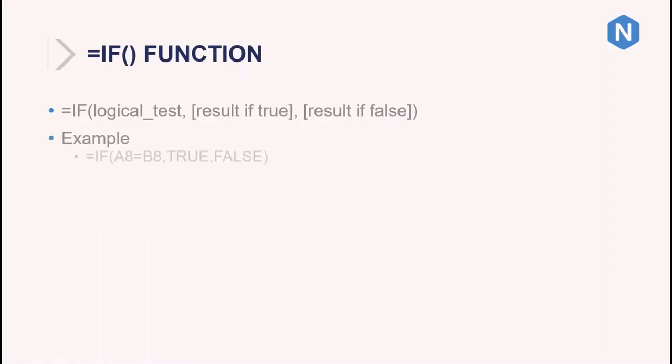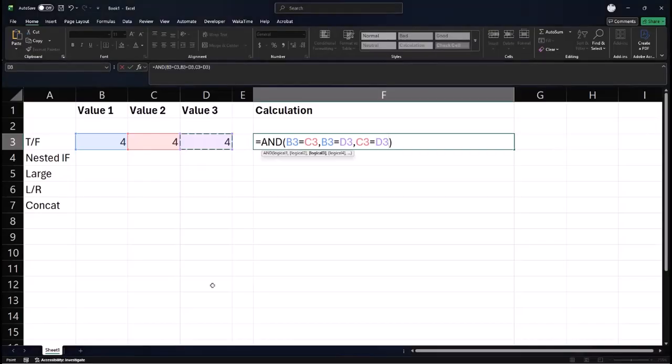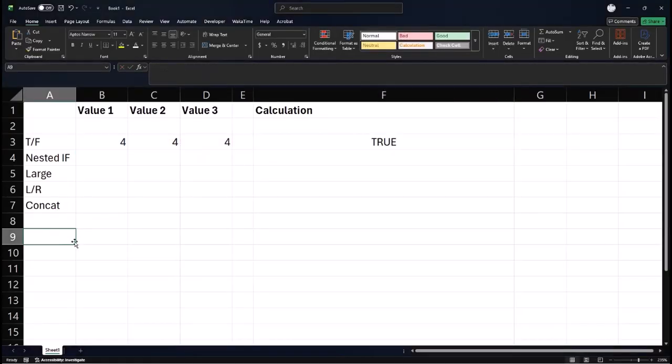Okay, so here's an example. If A8 equals B8, that's the logical test. If that ends up being true, I'm going to tell it to actually write back to Excel true, which is kind of silly, but I'm telling it to do that. If that ends up being false, then it writes back whatever the false statement is. Let's try it. Let's give it a test. Down here, we're going to do just a basic if